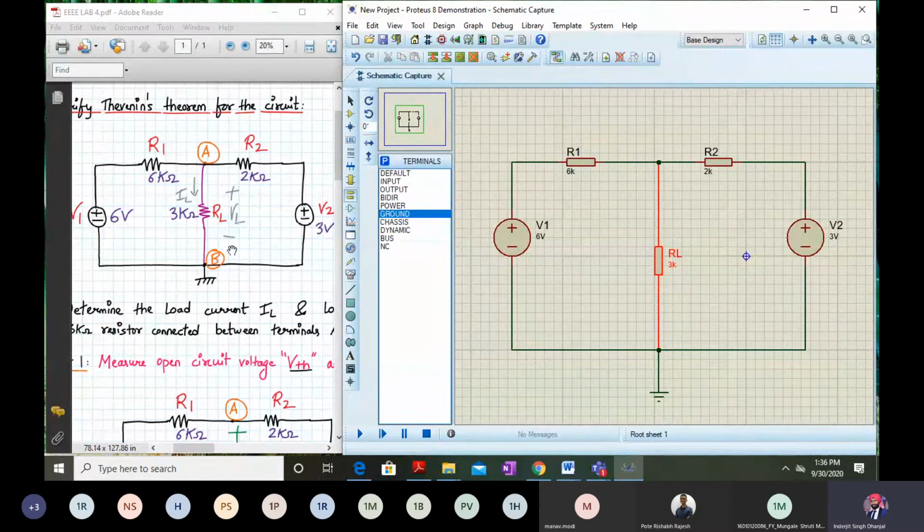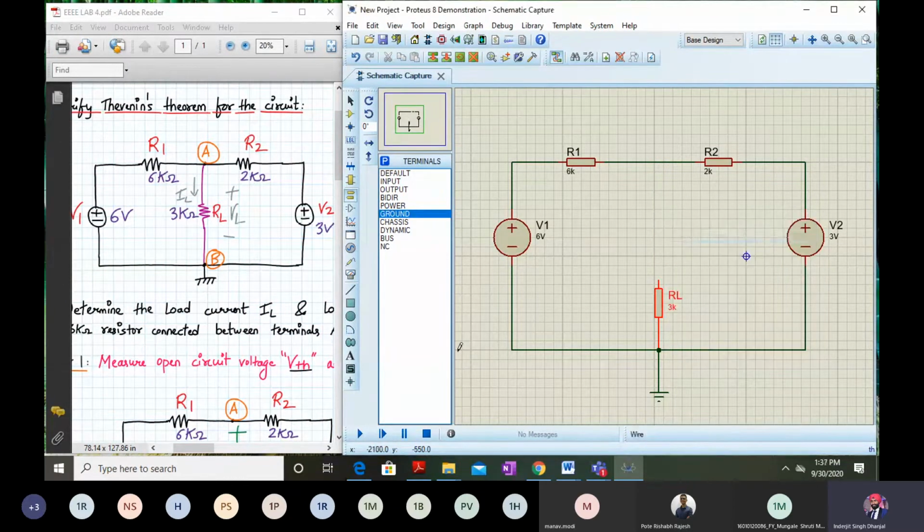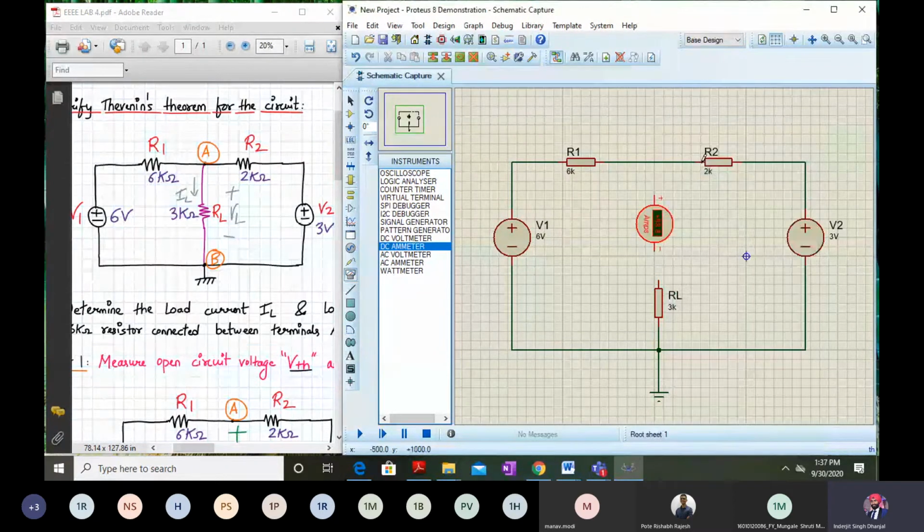the current and the voltage, I can place a voltmeter and a DC ammeter. So to place a voltmeter, we will require some space. So I'll pull it a little down, like this. And to add an ammeter, a DC ammeter, I'll right click on the wire and delete the wire. Okay. Now to add a DC ammeter, I'll go to this. So this is my instruments. So from there, I'll select DC ammeter and place it over here like this. Okay, here I will rotate clockwise and I'll orient it like this, and I'll join this.